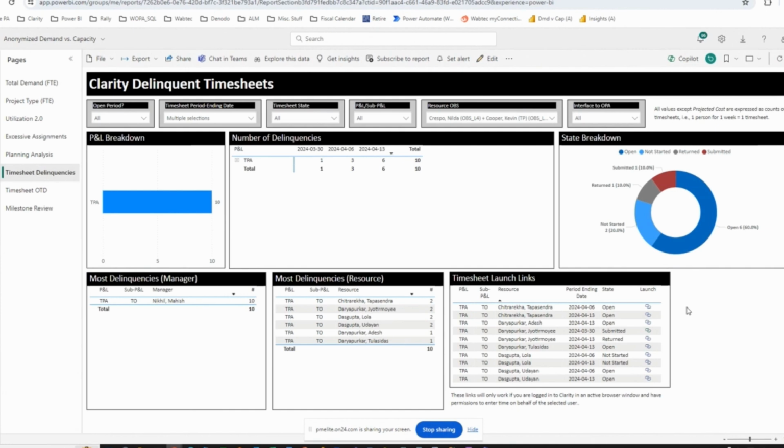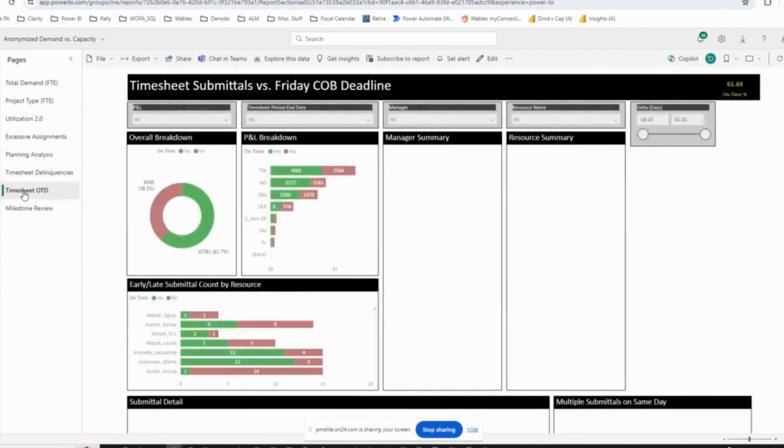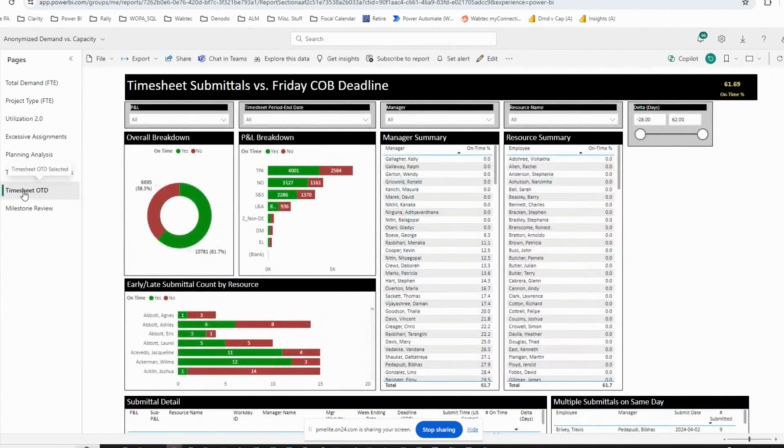Now, this is just for the timesheets that haven't been submitted yet. What about the other side of the coin? What about those who had, and were people good or not good in terms of submitting them? So I am going to filter this one for a specific sub P&L. This would be our,